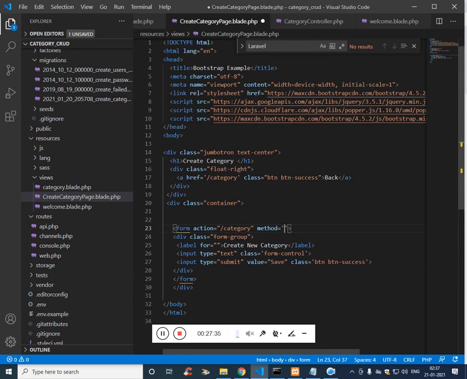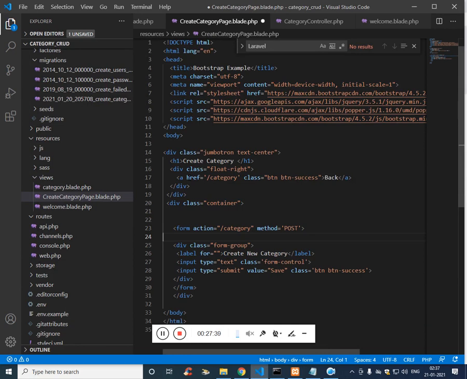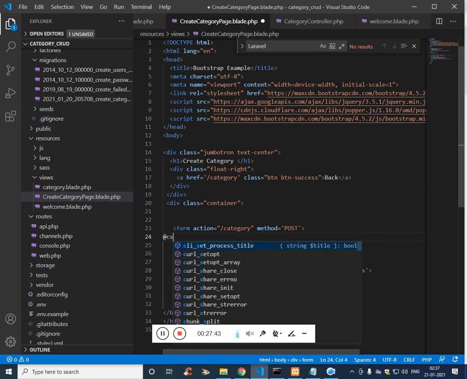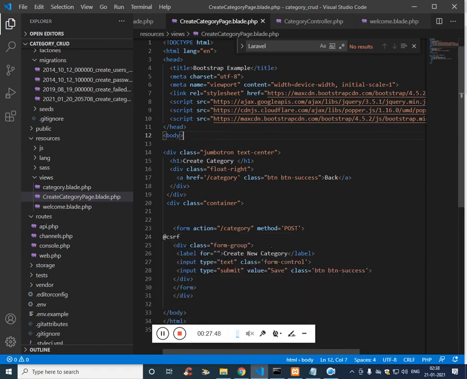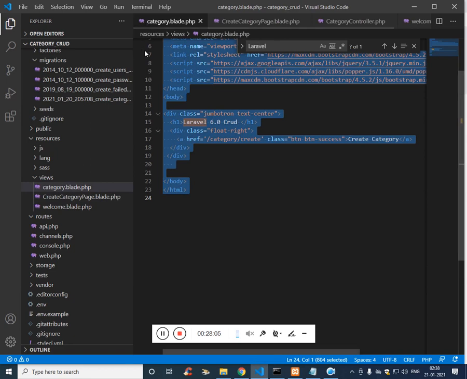Method post. Fine. And whenever we use a form, Laravel suggests using CSRF, cross-site request forgery. We have already seen about this many times, so I'm just skipping it. When I click on the submit button, the name category input will be submitted to the store function on the controller.